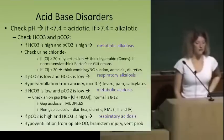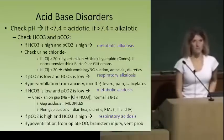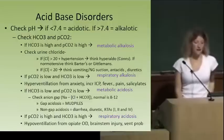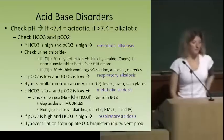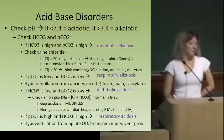And then non-gap metabolic acidoses, there are fewer causes there. Diarrhea and diabetic use are the main ones. And then those silly renal tubular acidoses. Anybody else have a hard time with those? Me too. I got a slide on them coming up. And then PCO2 is high and bicarb is high. That's a respiratory acidosis. Hypoventilation is the overwhelming cause of that. So let's talk about these RTAs. They're a cause of non-anion gap metabolic